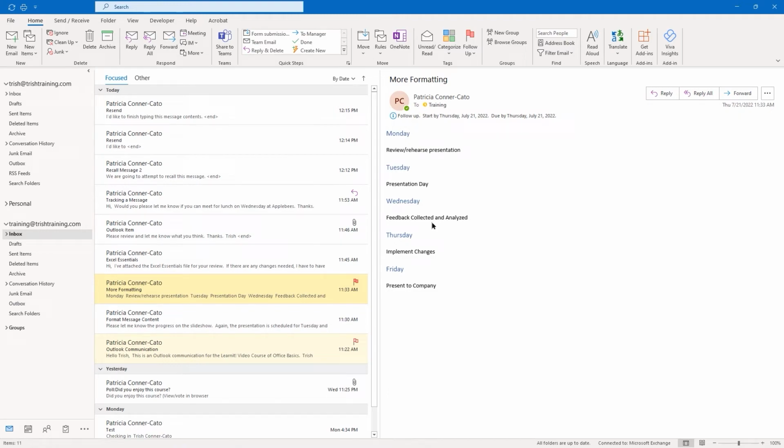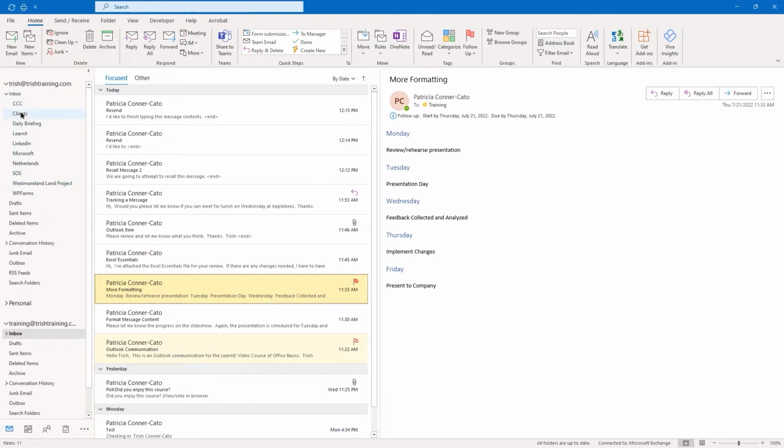So marking messages is one way of organization, which you'll see when we learn about search folders. But another organization technique, the most typical one, is organizing using folders. So in my main mailbox, under my inbox, I have that expand arrow in front of it. I have a bunch of different folders, different topics. Some of them are clients, some of them are just like my LinkedIn stuff, my Microsoft stuff that comes in. And that way I can organize my messages.